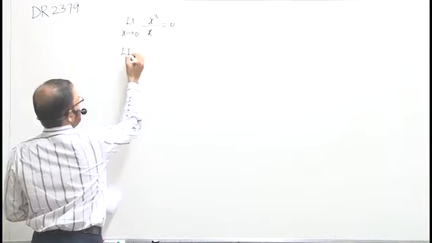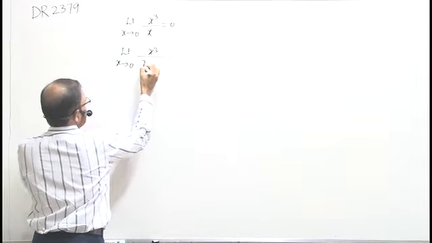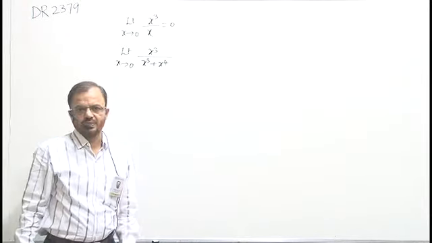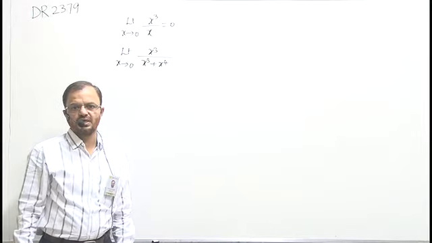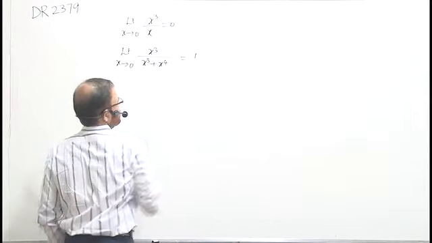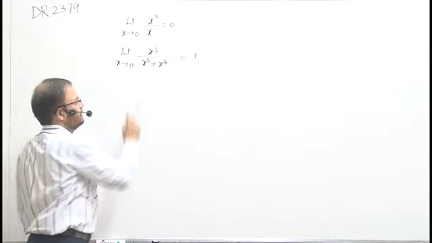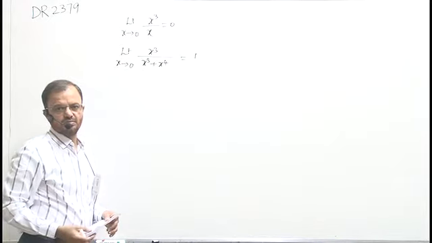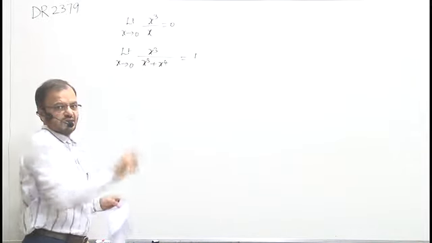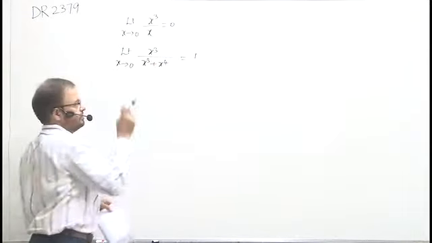If you observe the limit as x tends to 0 of x cube divided by x cube plus x power 4, I can take x cube common from the numerator and denominator and then divide, and the limit will become equal to 1. This 1 is obtained because the coefficient of x cube in the numerator and in the denominator is 1. After taking x cube common, the x power 4 becomes x, and x is tending to 0, so this term vanishes, hence we will get the limit equal to 1.